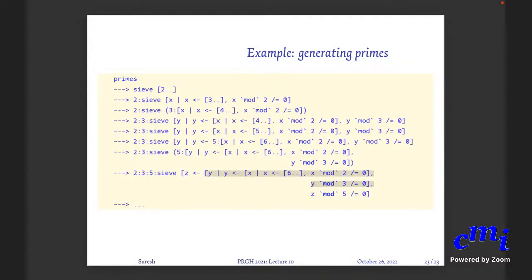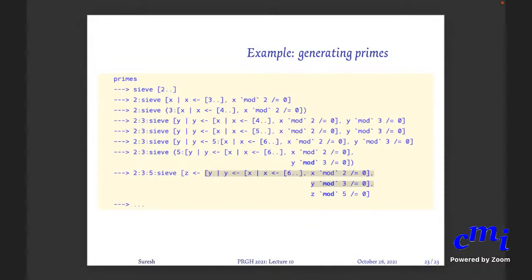Sir, I get that 4 dot dot is equivalent to 5 dot dot here because 4 shouldn't be part of that list anyways, but I didn't fully catch what exactly Haskell is doing in between those two. Could you repeat that, sir? 4 dot dot is 4 colon 5 dot dot. Yeah, and then Haskell will try to check if 4 mod 2 is not equal to 0. 4 mod 2 is equal to 0, so it will just skip because it is testing this condition using list comprehension. It will have to skip those values that fail the condition.